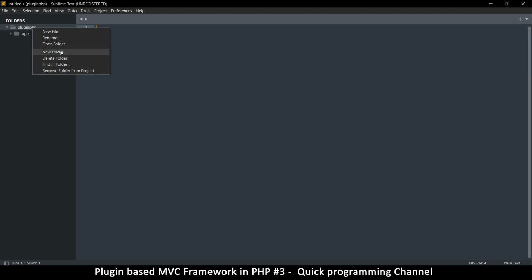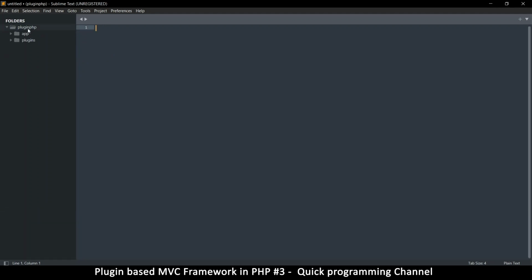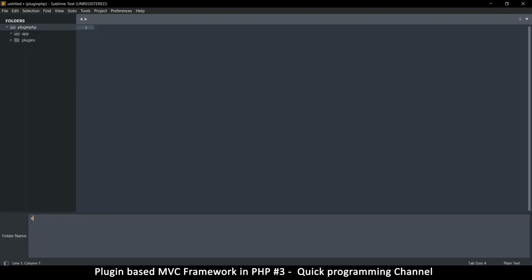So I'm going to create another folder, and of course this will be the plugins folder. The app folder will contain the MVC structure, and the plugins folder will contain the plugins. And then we need another folder called assets